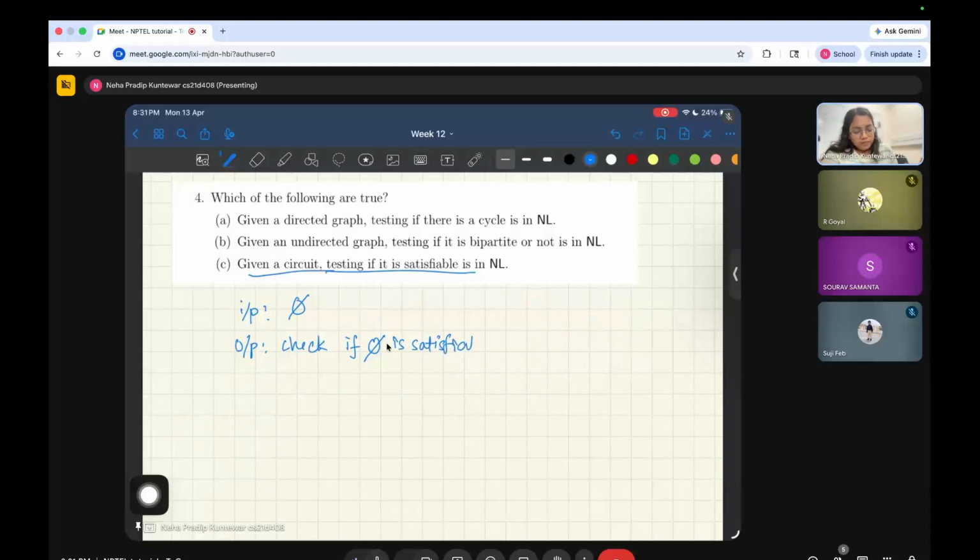Okay, so this is nothing but your SAT problem. We know that SAT is NP complete, SAT is in NP. Okay, so if SAT is in NL, this would imply that